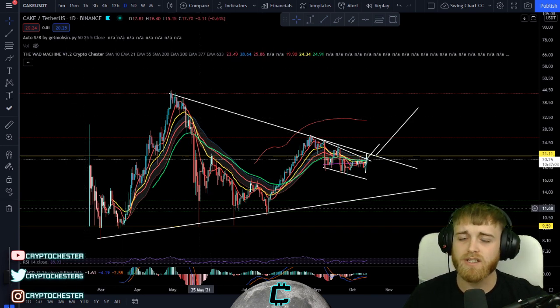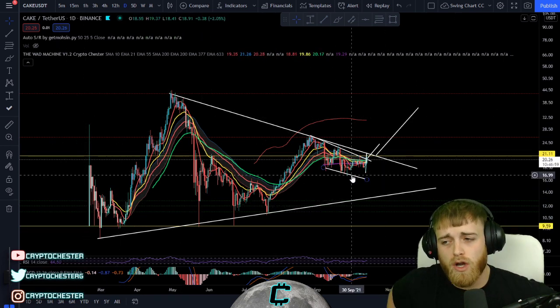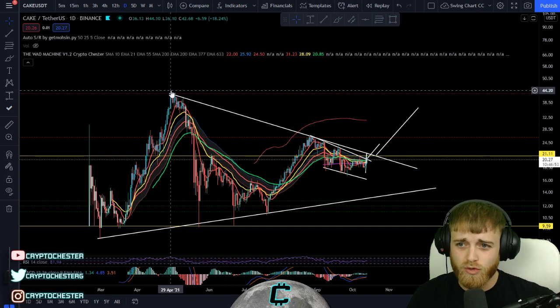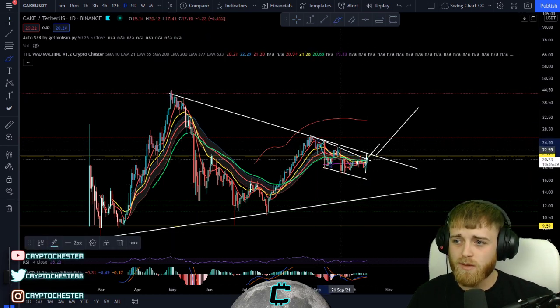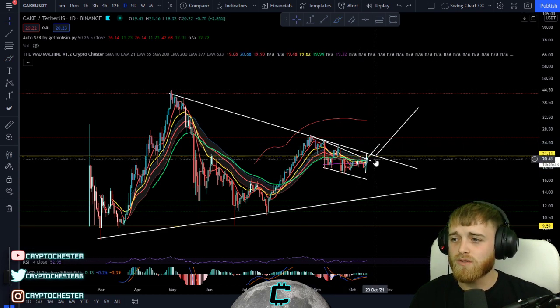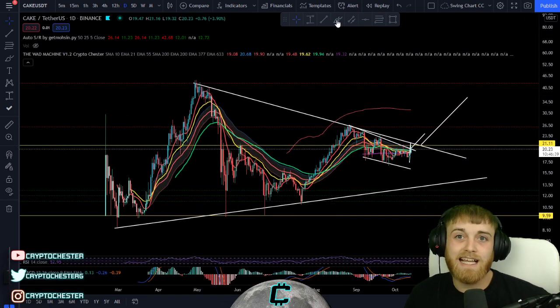As you can see here guys, we're going to start off on the daily, not going to mess you around here. We've got a symmetrical triangle coming through on the daily, as you can see from the all-time high for PancakeSwap, sat around $42, $43, coming down from there. It's been pretty progressive in terms of resistance. As you can see guys, we're literally coming up to this trend line from the all-time high from before, so it's a very crucial time here for PancakeSwap, and this is why it's actually claimed my altcoin of the day